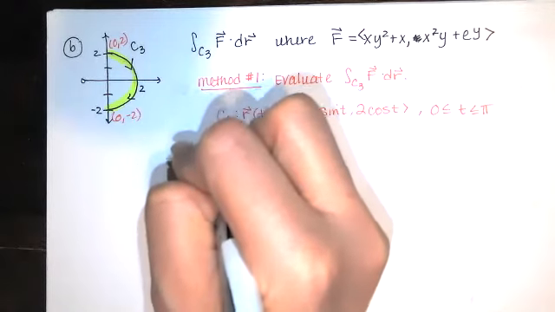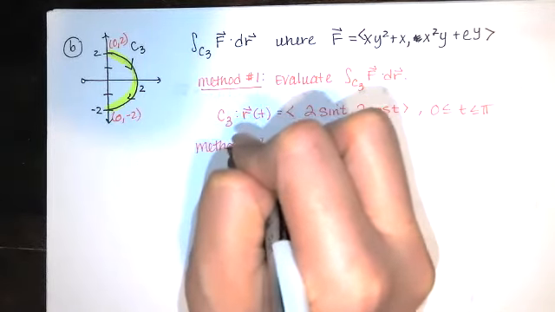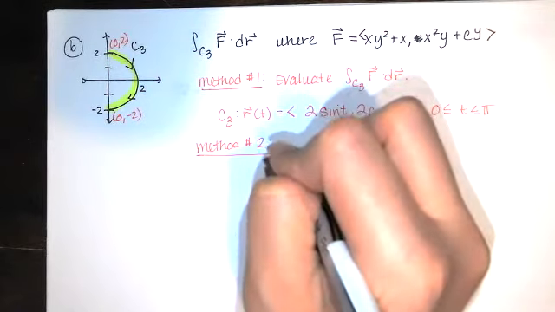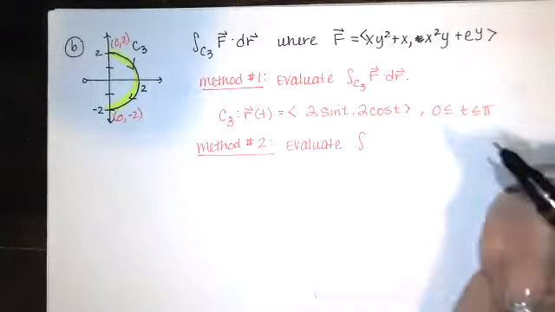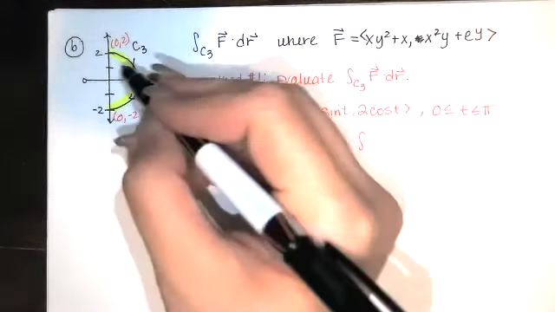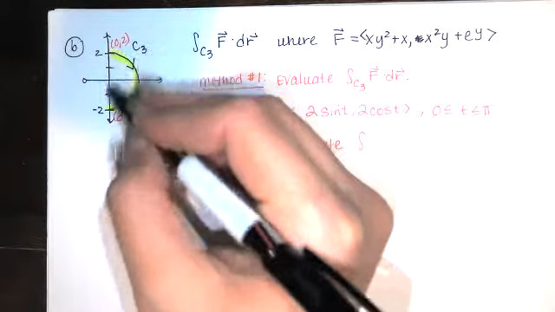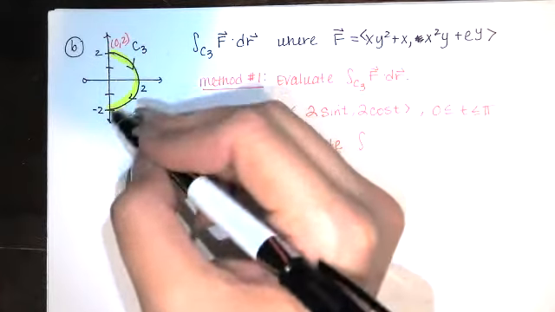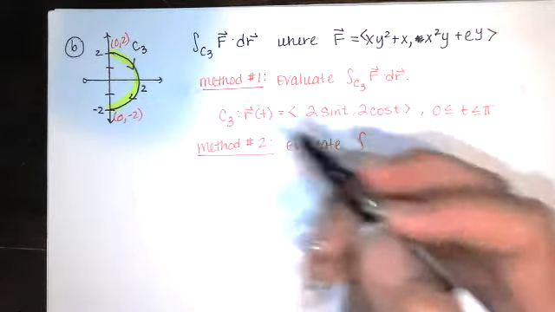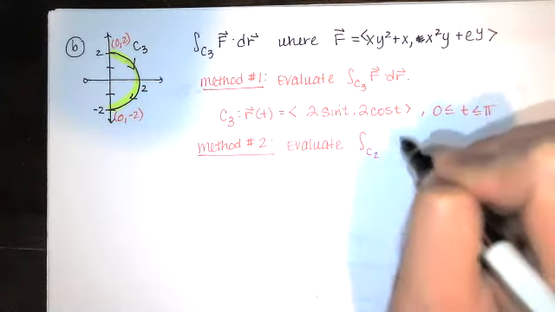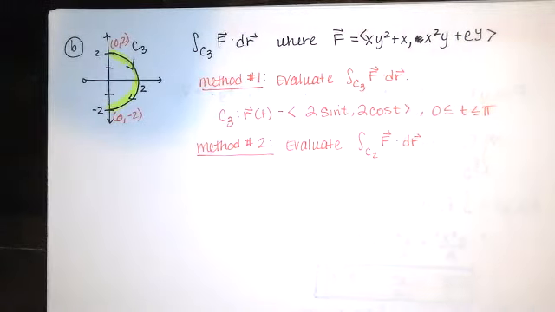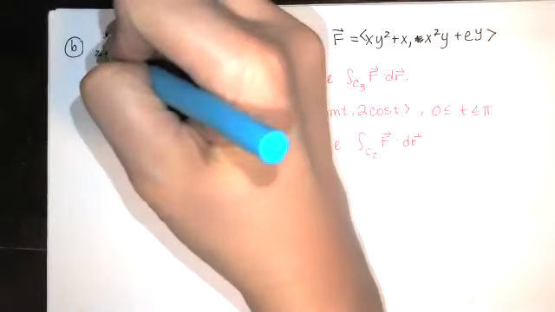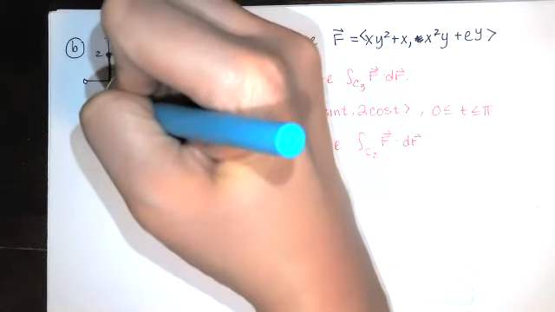Or we could say, I don't like that curve. Semicircles are pretty, but you know it's easier. Engineering students, you know it's more efficient. Like, let's not do that. Let's go straight from there to there. Like, that's the most efficient path from 0, 2 to 0, -2. So evaluate this one instead, since this is equal to this, as long as we start and end at the same place. So if I start here and I end here,